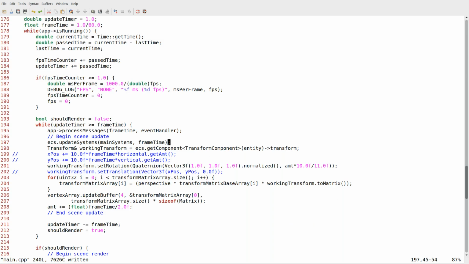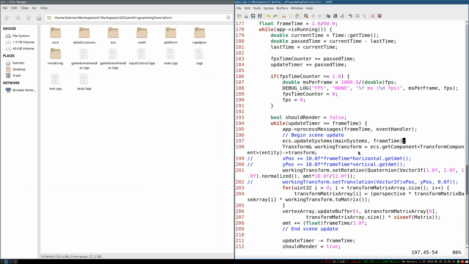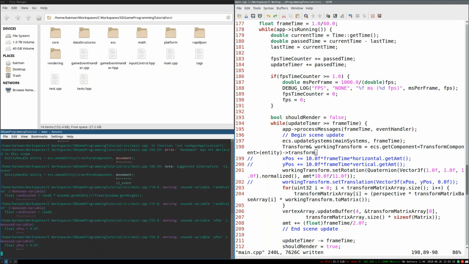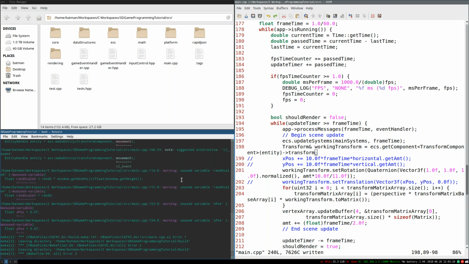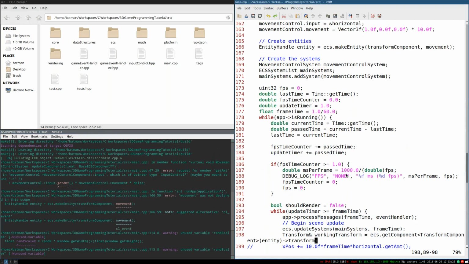Now we should, in theory, if I haven't forgotten anything, have our ECS system handling input. So let's make and run. Oh, right. I need to... There we go. But of course, I'm sure I've forgotten something. Yes, I did. Our movement system